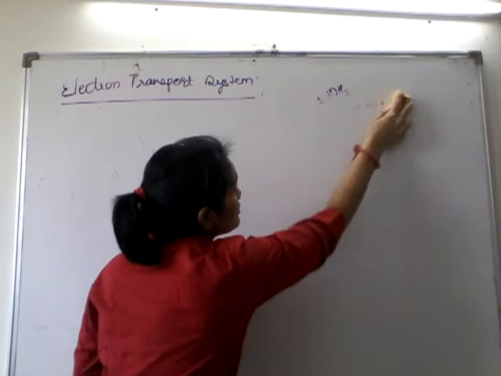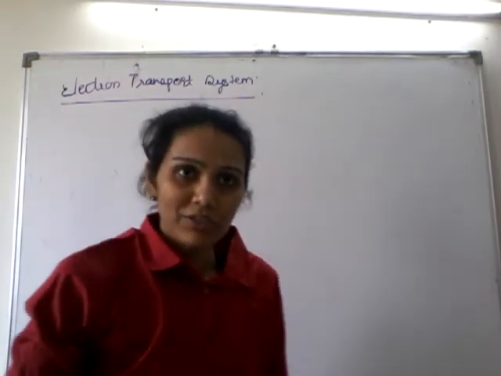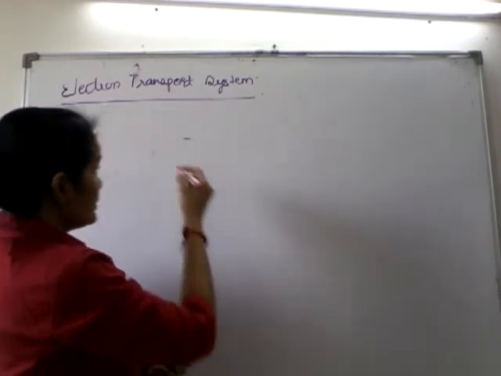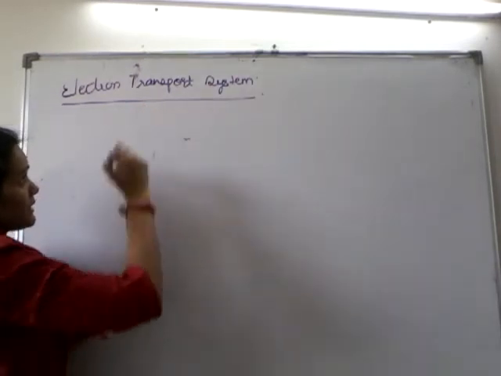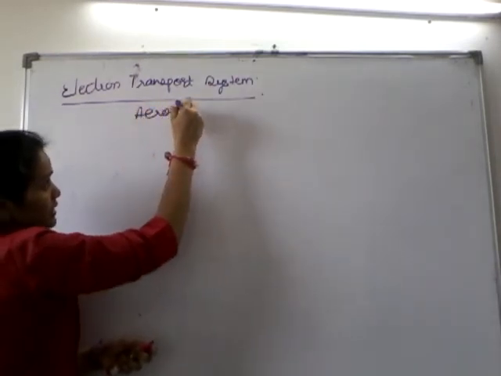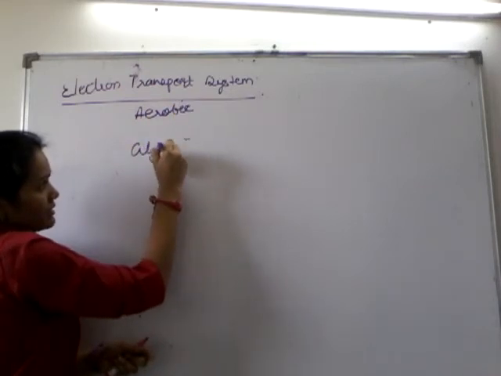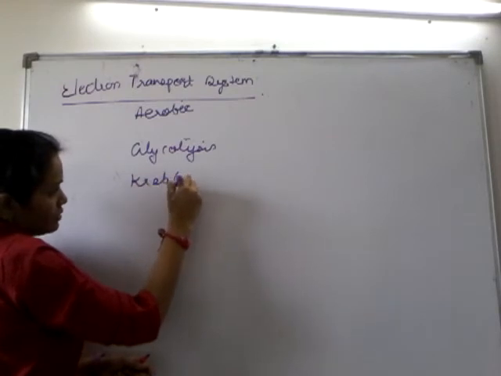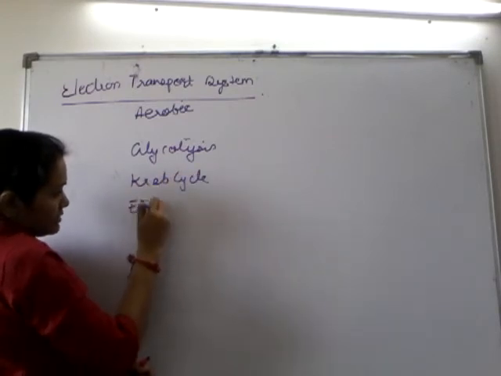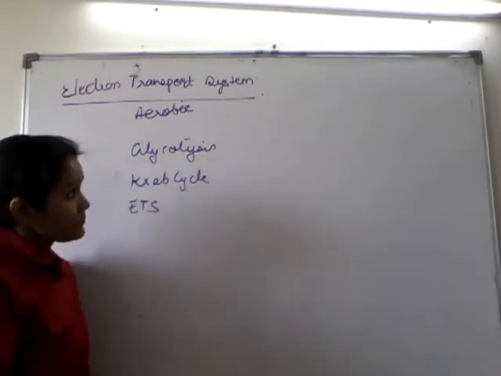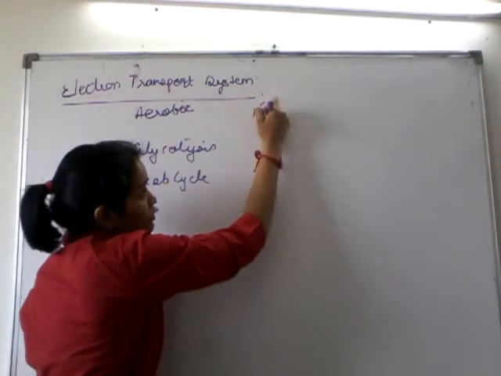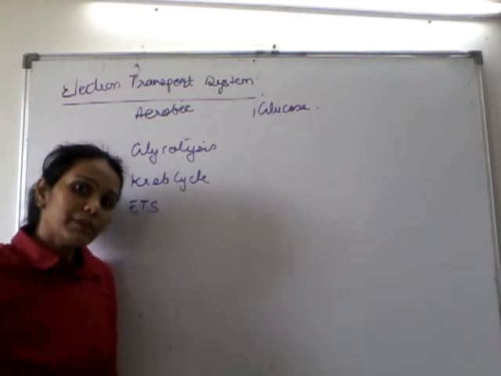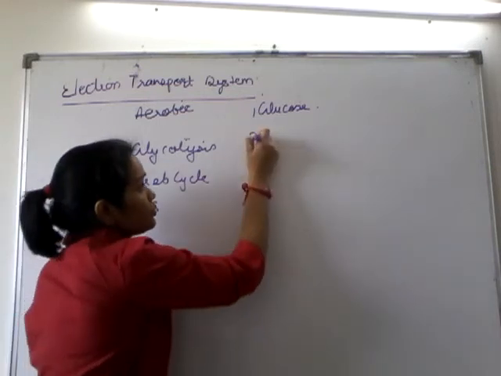Now moving forward, let us see the balance sheet of ATP, which gives explorative information about glycolysis, Krebs cycle and ETS. So during aerobic respiration, the 3 metabolic pathways which we have seen are glycolysis, Krebs cycle, and how the ATP production occurs in ETS. From 1 molecule of glucose we begin. How many molecules of ATP were produced? Remember, 2 ATP.